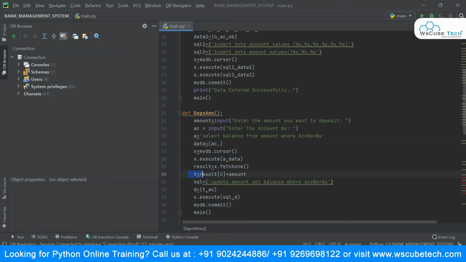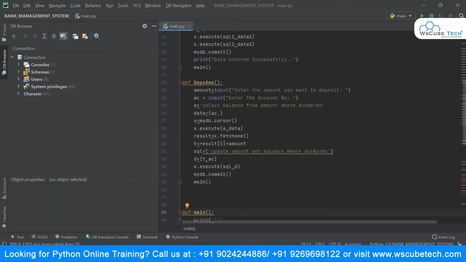T is nothing but the result that I'm getting over here, and I'm saying execute this SQL and my respective data, this D. This is all about how you can deposit an amount, so that it will be added into your main balance. Okay, so this was about the deposit amount.